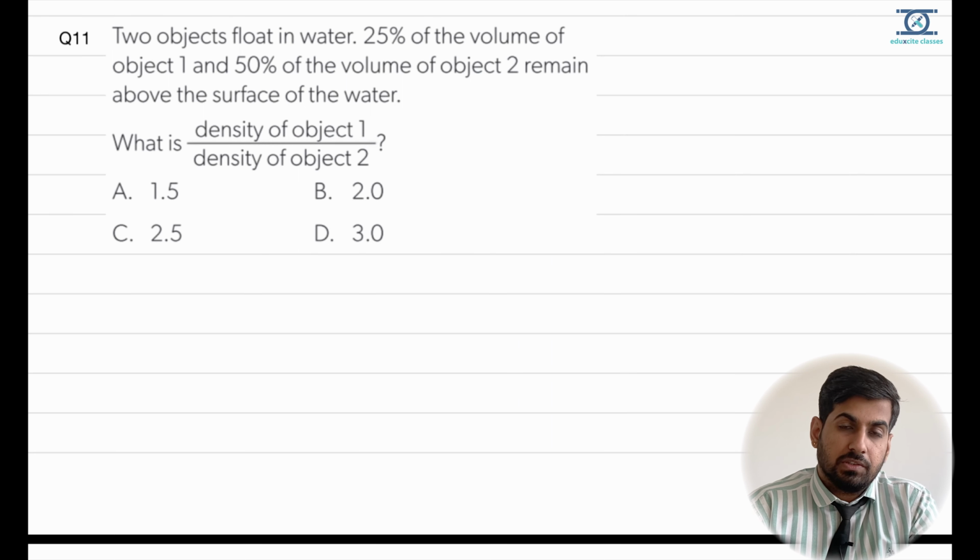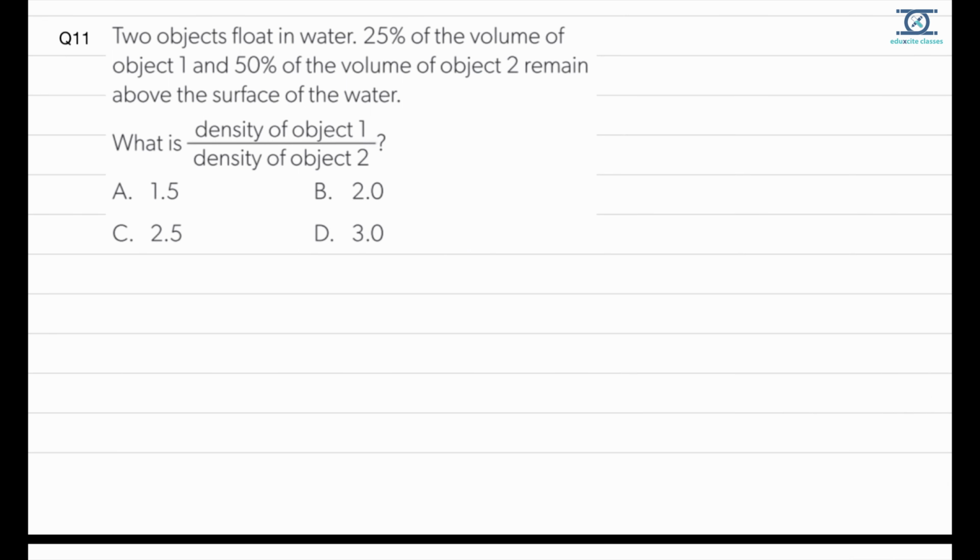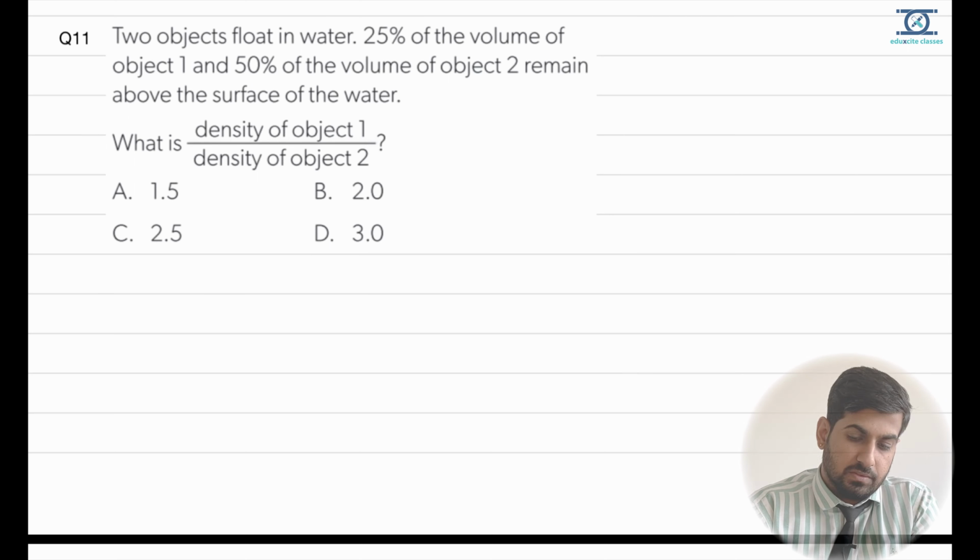Now pause the video for question number 11 and solve. Okay, so density of object 1 is rho liquid or rho water into volume 0.75, which is submerged inside, into g is equal to the density of the object 1